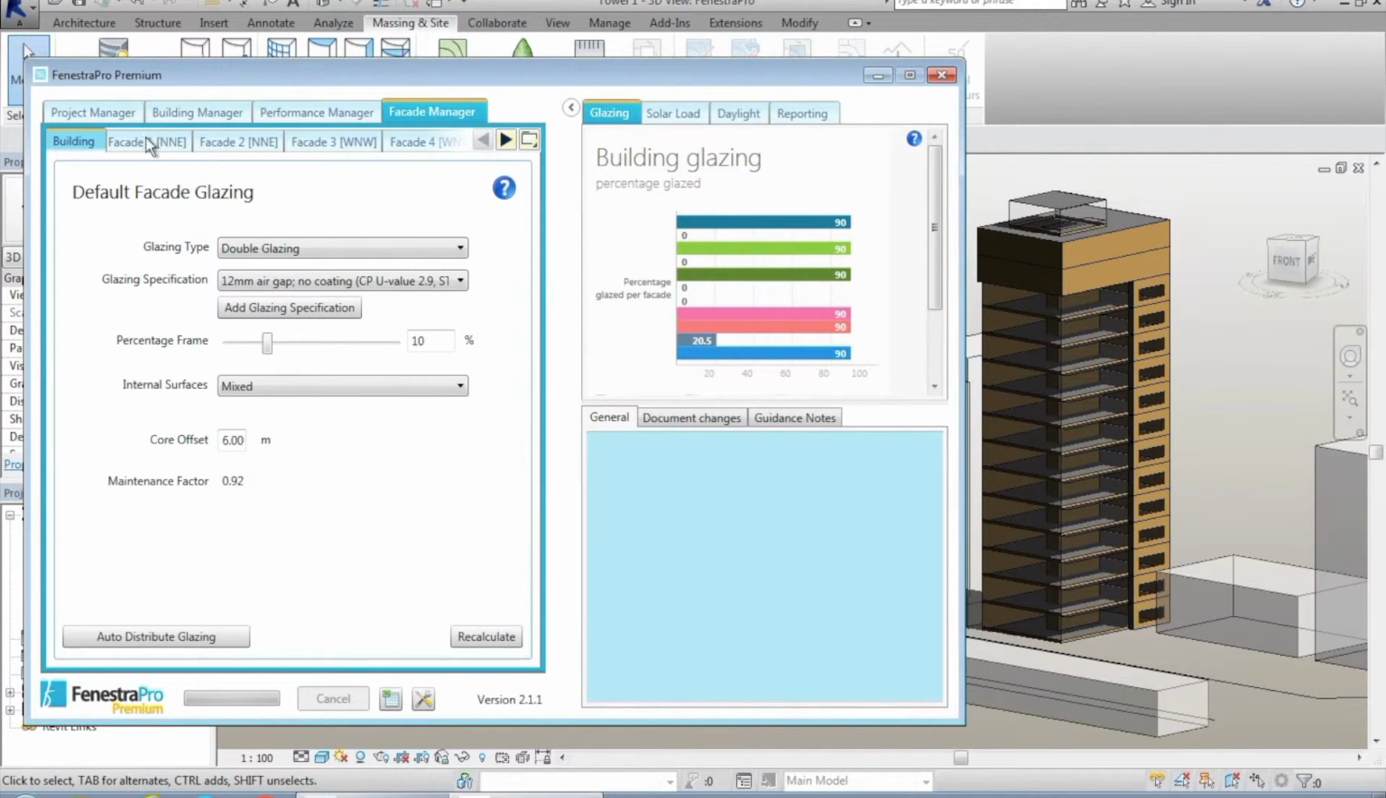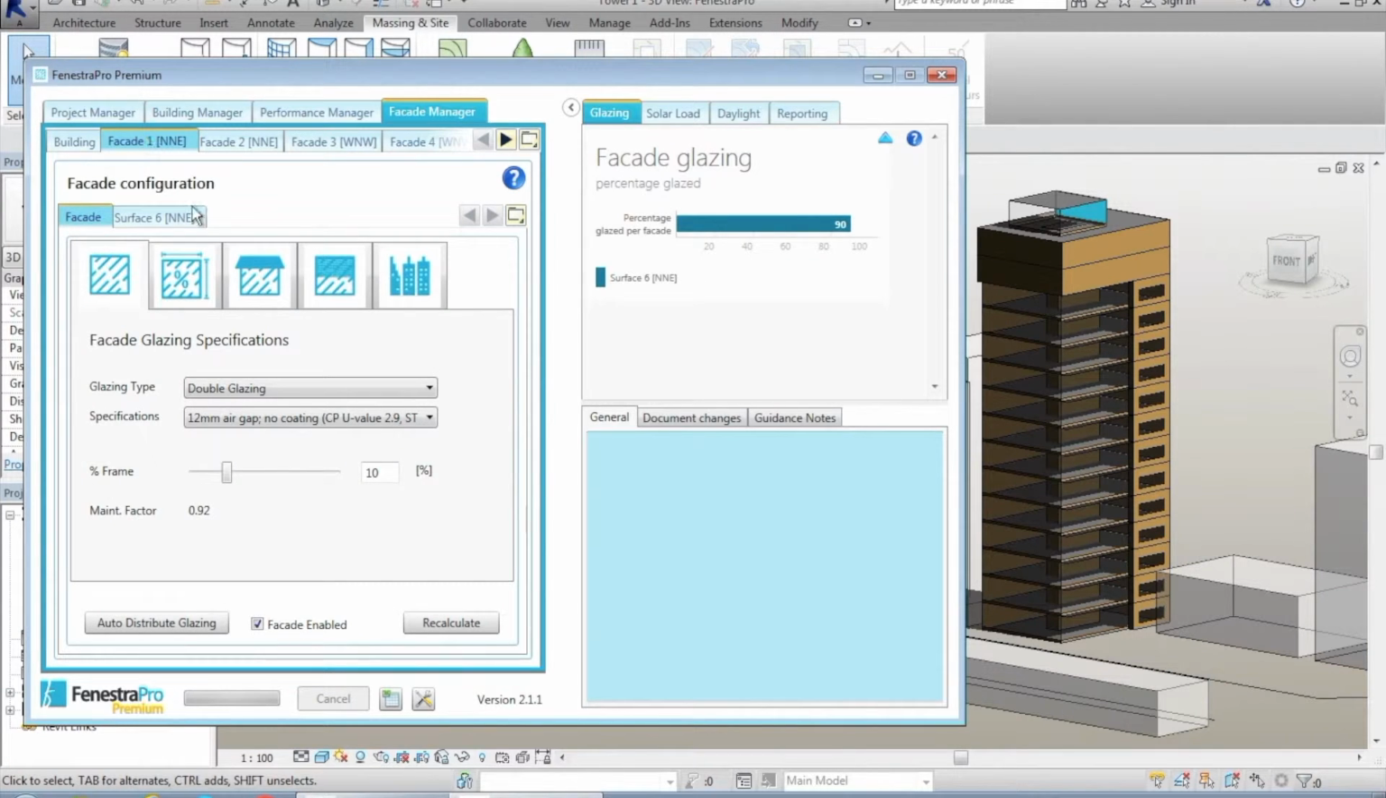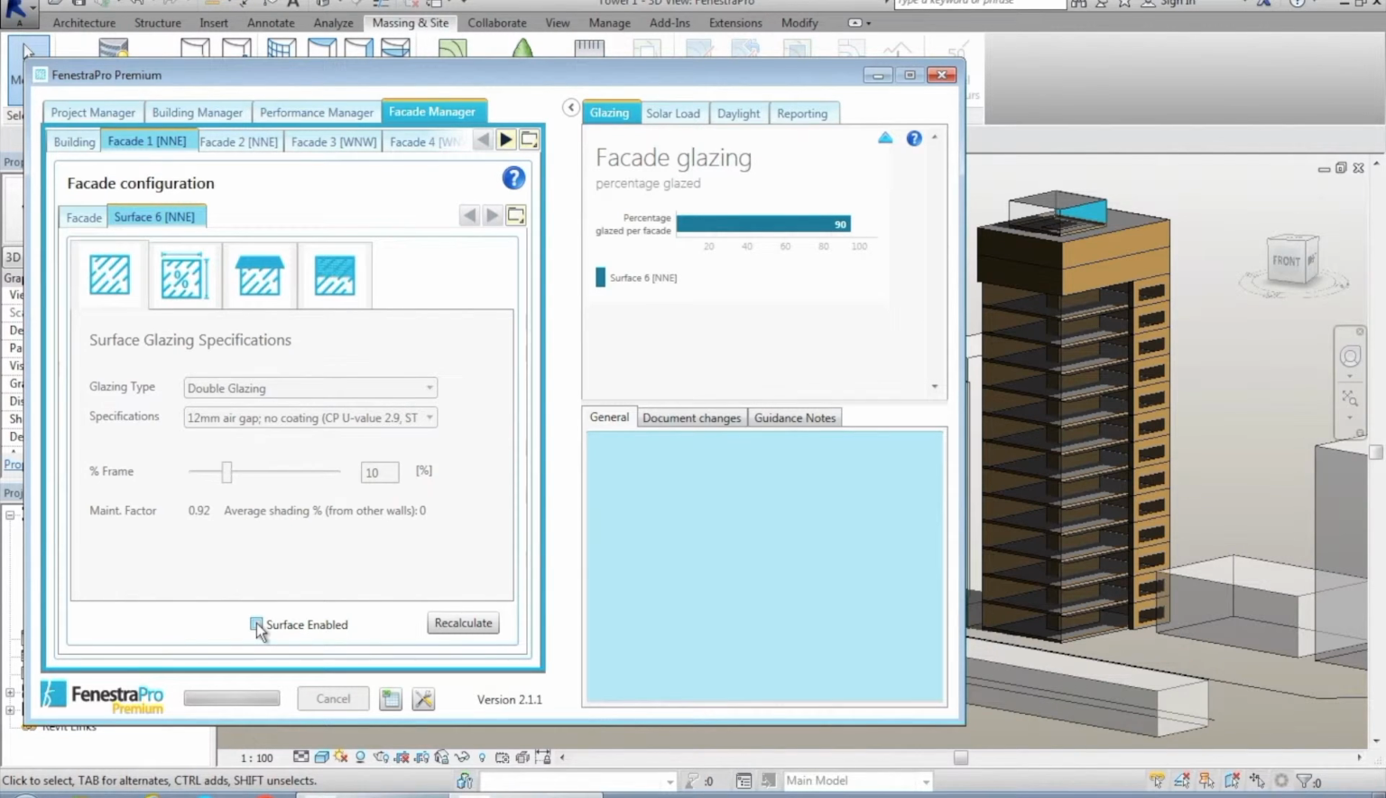You can disable or enable these facades, or a surface, in and out of use if you want to look at one particular floor to lock it down, and that effectively locks it and takes it out of being able to change. Also, a new feature of version 2.1 allows you to rename the different facades in order to keep track of